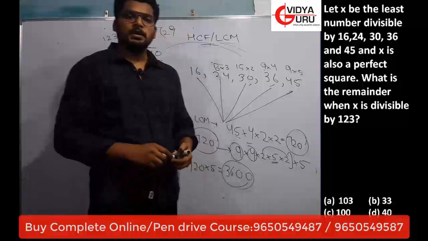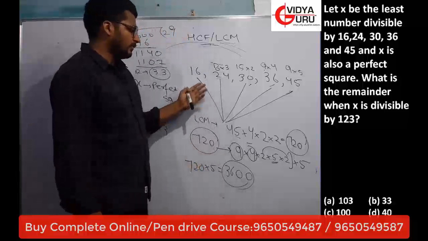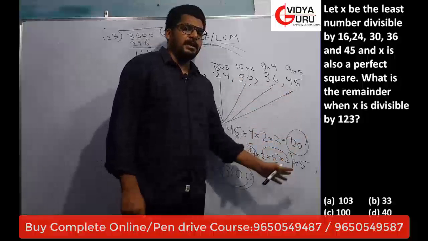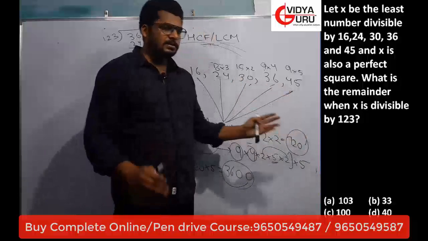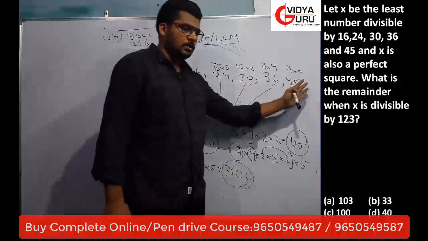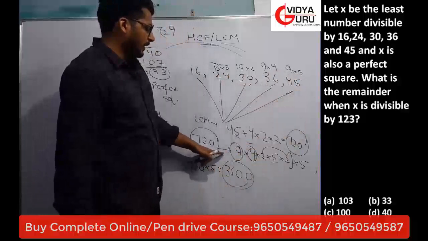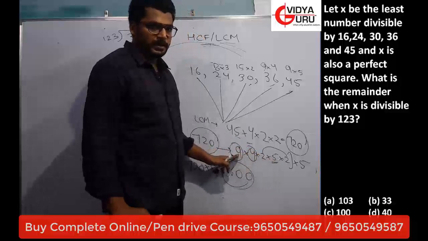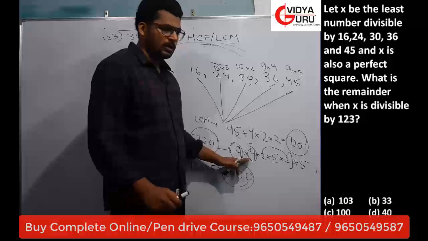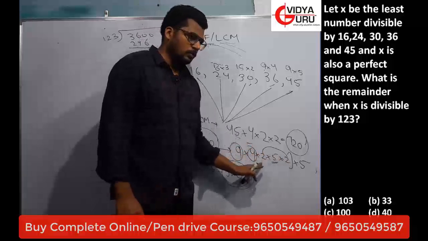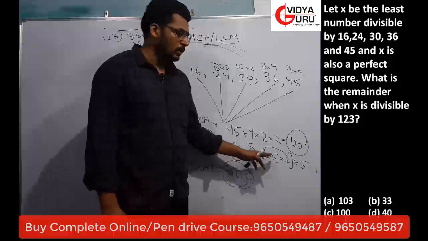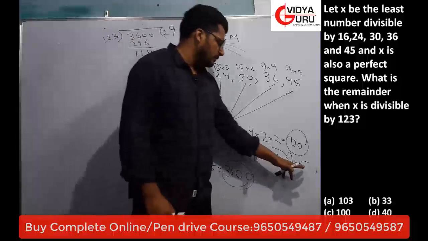B option is the correct answer. What I have done: first I found the least number which is divisible by all these numbers, 720. If I multiply it by any number, it will still be divisible by all these numbers. So I need to make it a perfect square. To make a perfect square, pairs should be formed. 9 will form a pair, 3 will come out of the root, 4, 2 will come out of the root, 2 and 2 will also form a pair, 2 will come out of the root, but 5 will be left out in the root if I take its square root. So to make it a perfect square, it will be multiplied by 5.